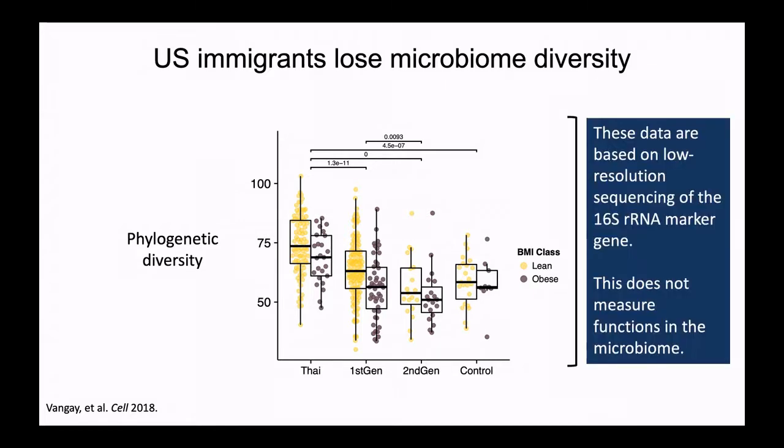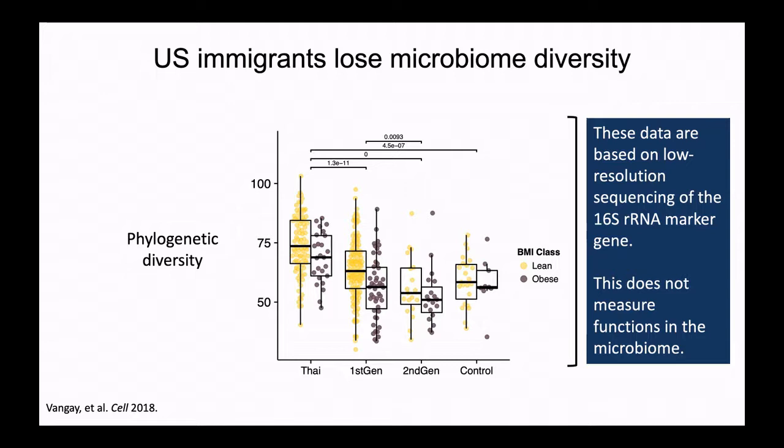However, these samples are all studied with a low resolution type of microbiome analysis. If some of you may have done some microbiome analysis, this is sequencing this one marker gene. So it's cheap, it's fast, it's very robust, but it's super noisy and it's not very high resolution. So you can't really measure at the strain level, you can't really measure what functions or enzymes are changing. So 550 subjects done using this cheap method.